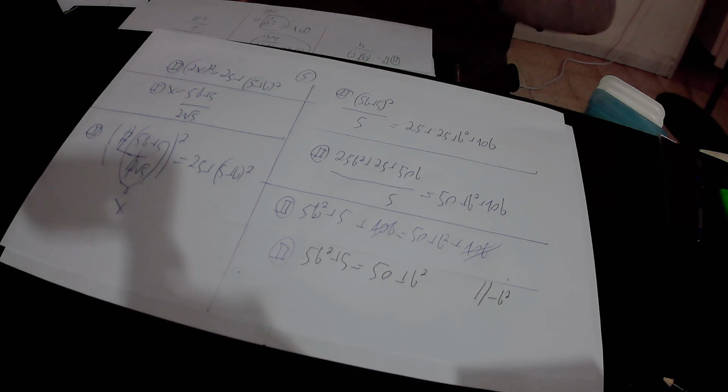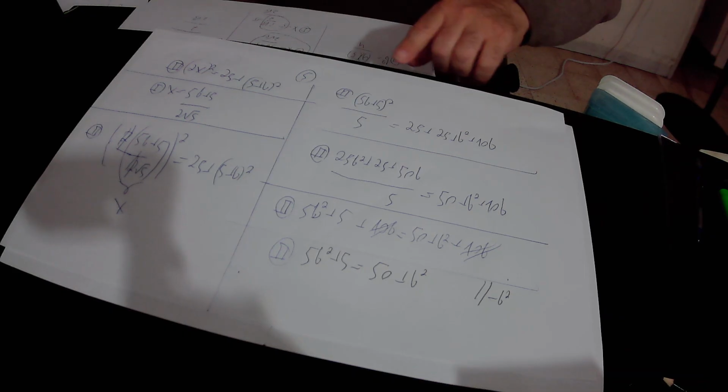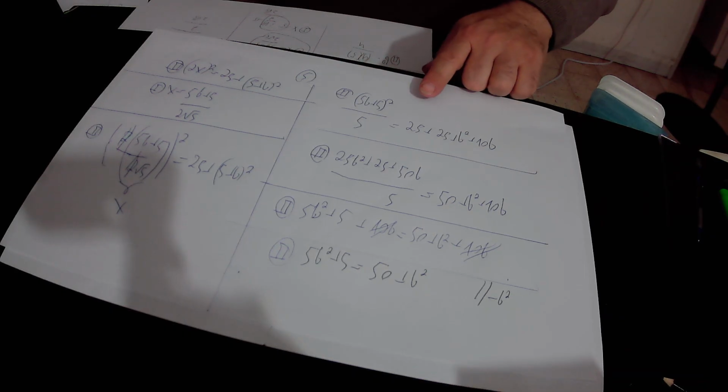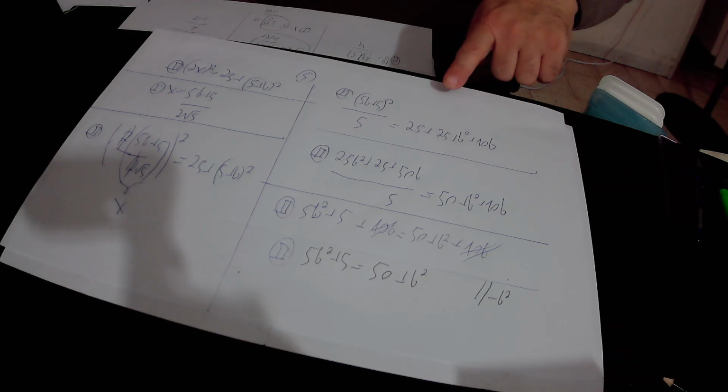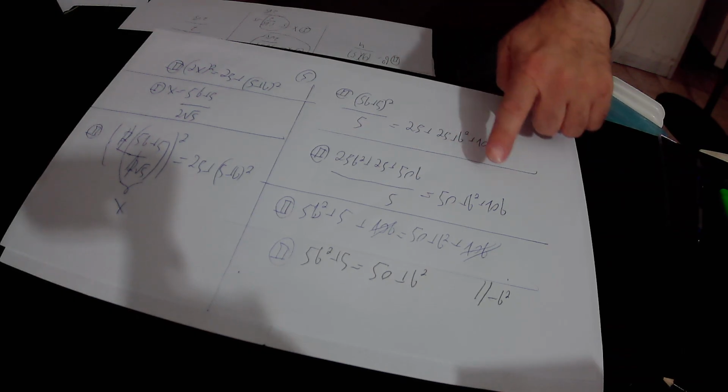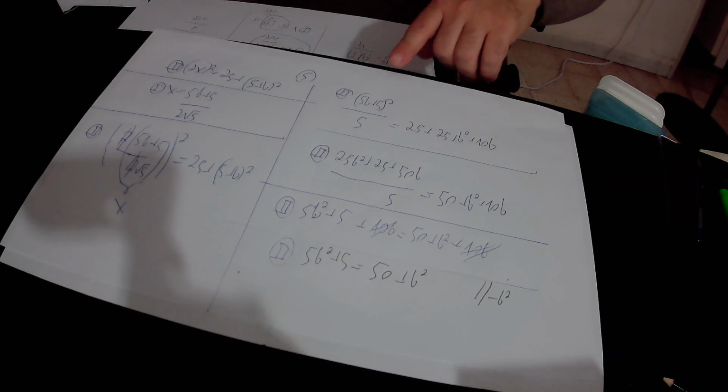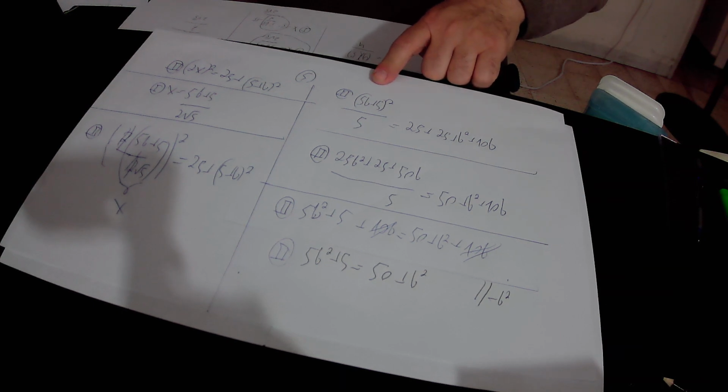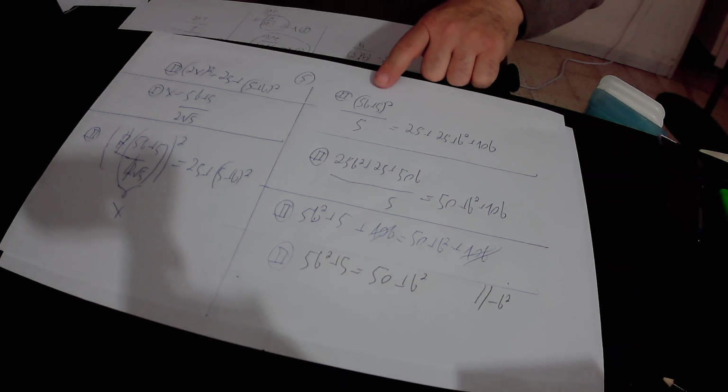Okay, so here we have 25 plus 25 is 50. So in this side of the equation we have 50 plus b squared plus 10b. We open the brackets. On this side of the equation number 2, (5b plus 5) squared equals to 5b squared,